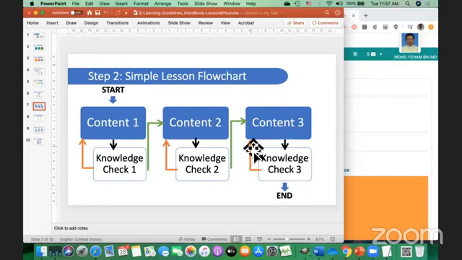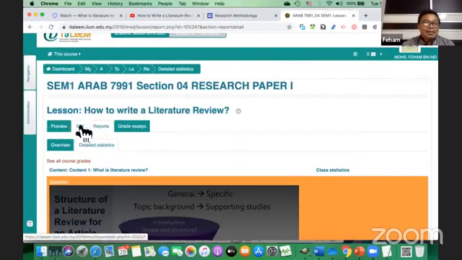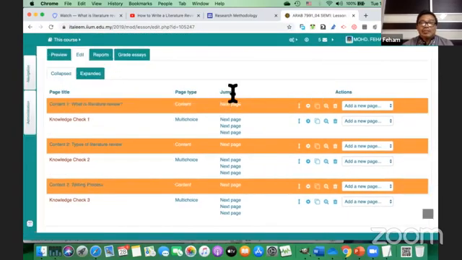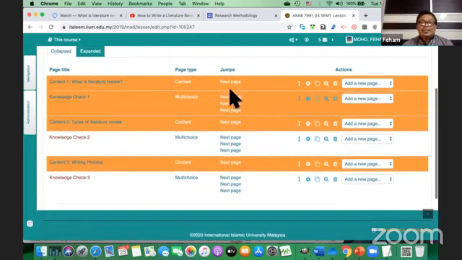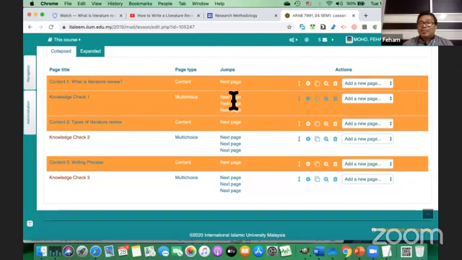The options are in iTaleem, under the navigation. If I click edit under the navigation, you see this is the navigation jumps. We call it navigation, we call it jumps here. For me, I set all to next page because it goes straight from first, second, third until the end.